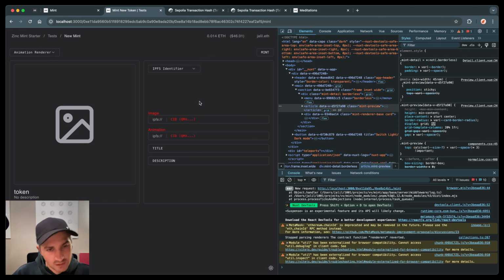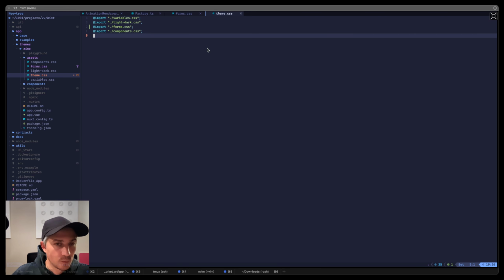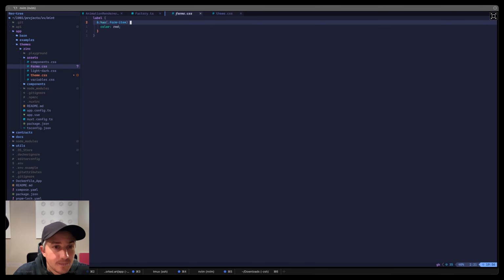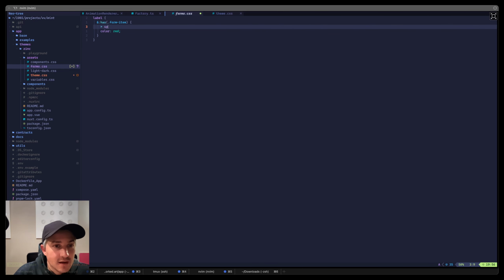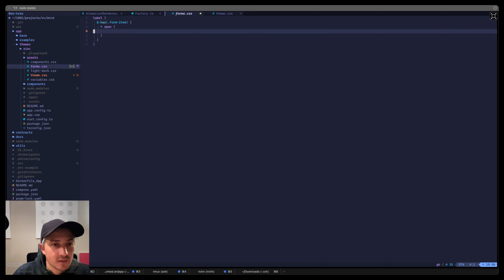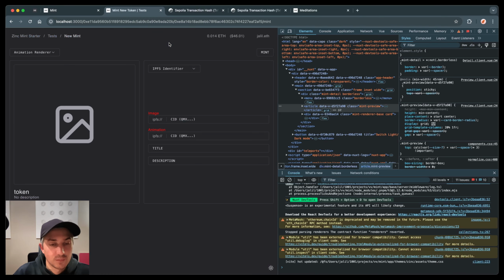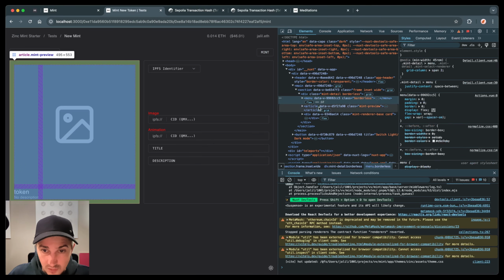Animation renderer. Yes, there we go. So we have that, then a span within it as a direct child should be red, and